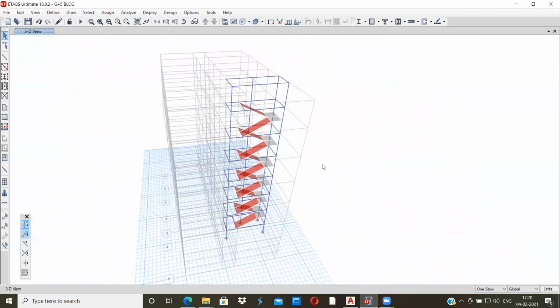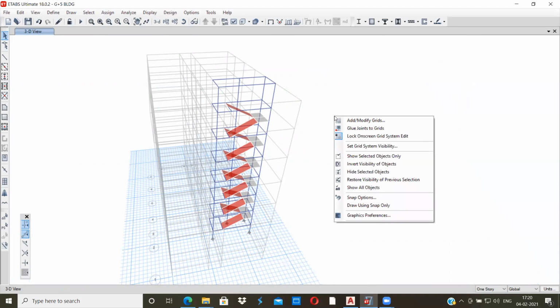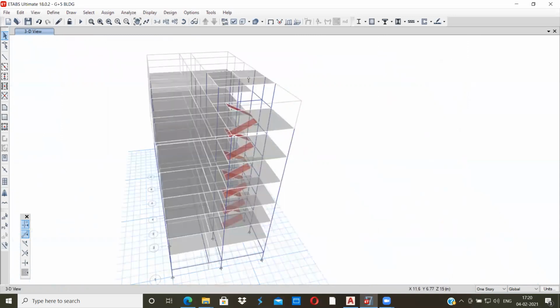Yes, fine. What I'll do now is right click using the mouse and select show all objects so that the full building is visible to me right now.